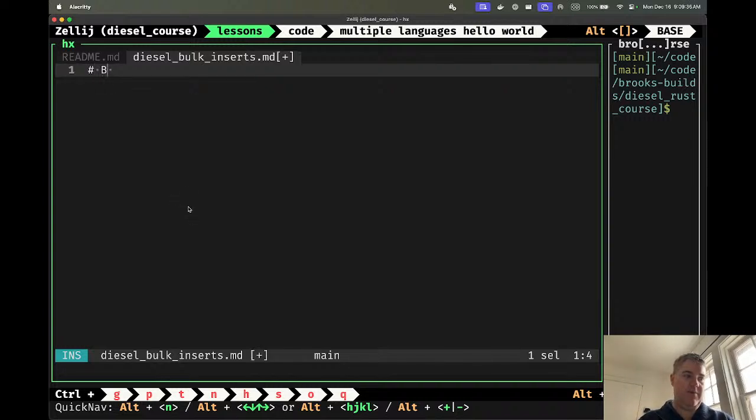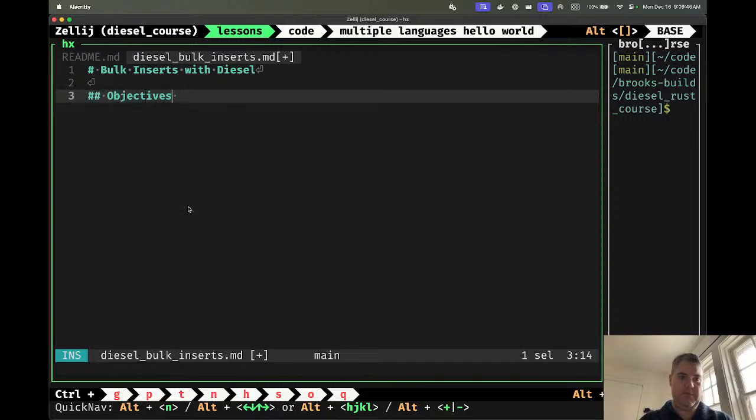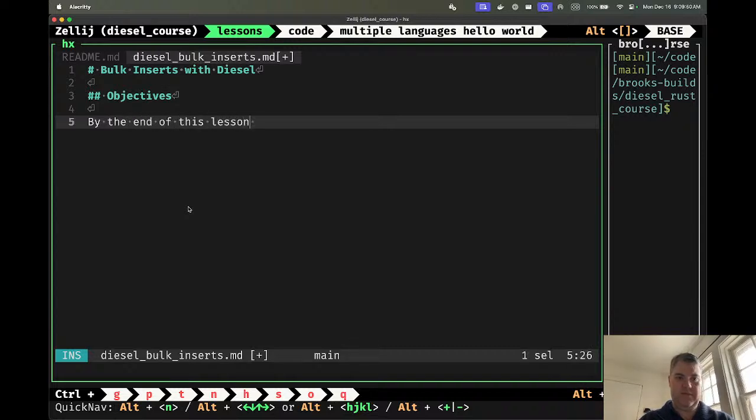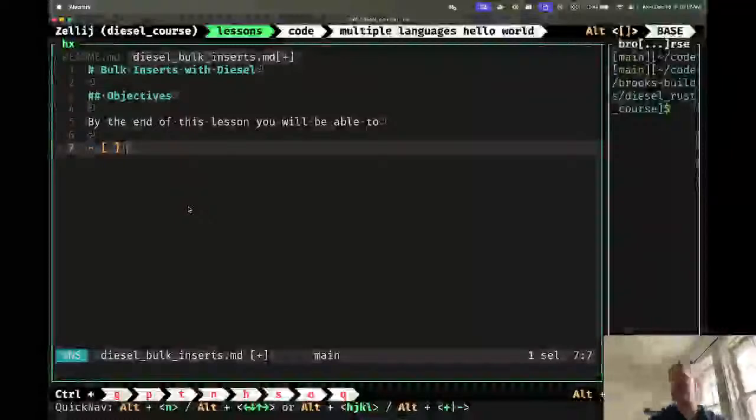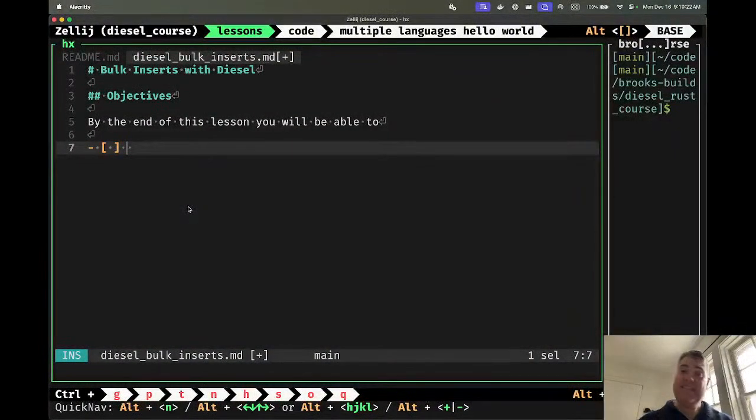Okay, let's do this. Bulk inserts with Diesel. Objectives. By the end of this lesson, you will be able to do bulk inserts and use transactions when you're doing it. Now, as somebody reminded me on my other lesson, which wasn't really a lesson, it was shorter-form, offline-only content that I did previously, bulk transactions aren't the only transactions. Every time you use the database, there is a transaction. Oftentimes the transaction begins and ends with the one thing that you do, which is great, but also not necessarily what we want. So we should probably have a section that describes